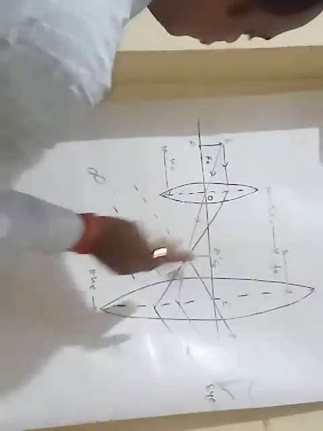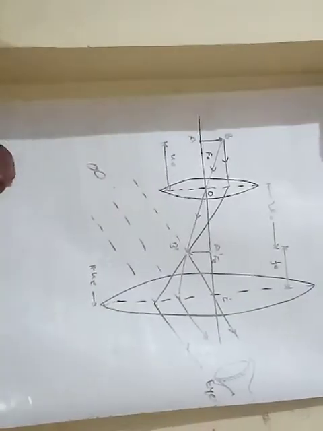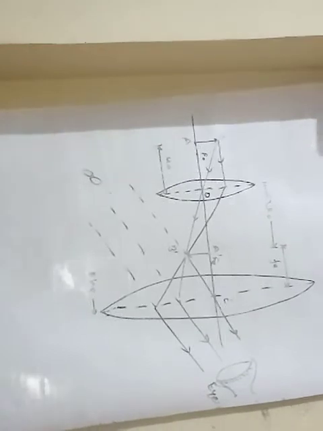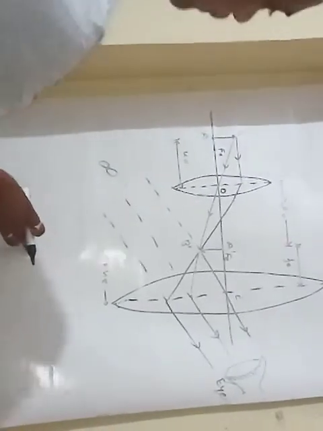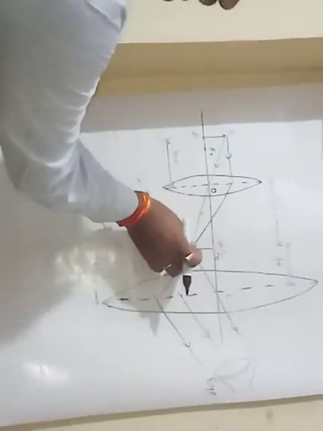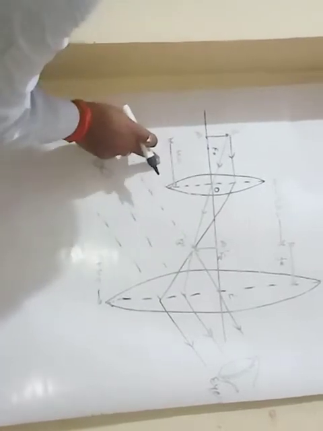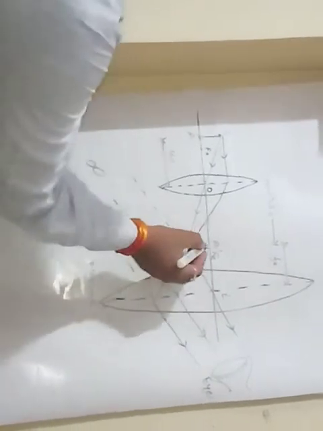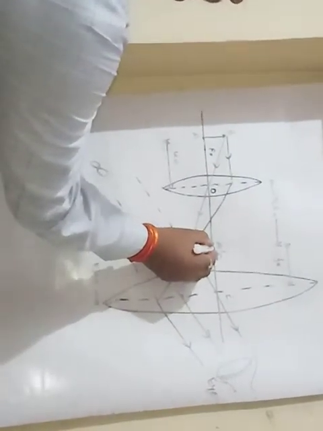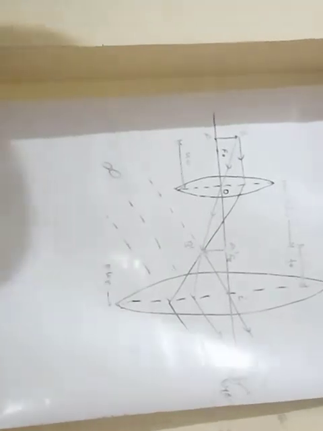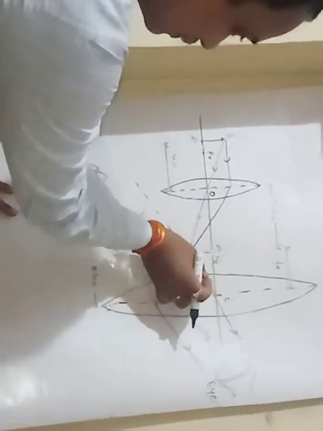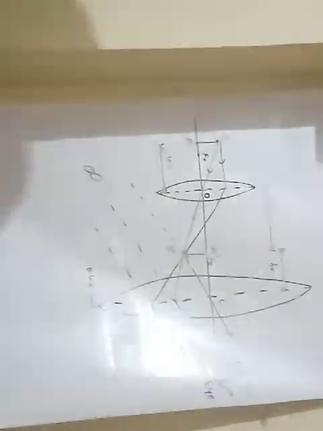With the help of the rack and pinion arrangement, we now adjust the separation between the two lenses so that the image A'B' formed by the objective lies just at the focus of the eye lens. The focus of the eye lens is FE. Now the object lies at the focus of the eye lens.